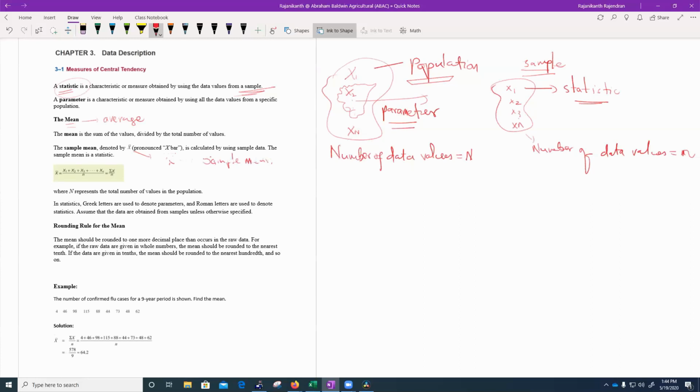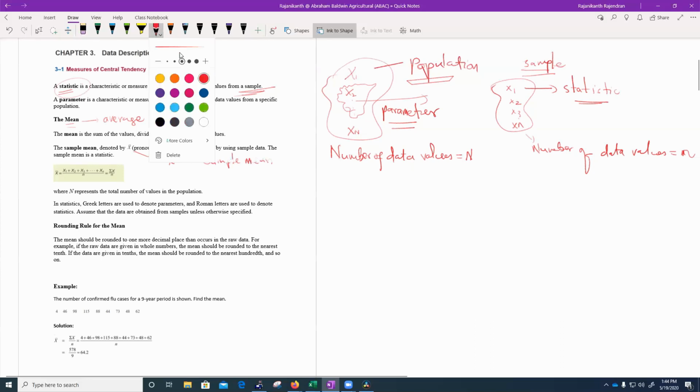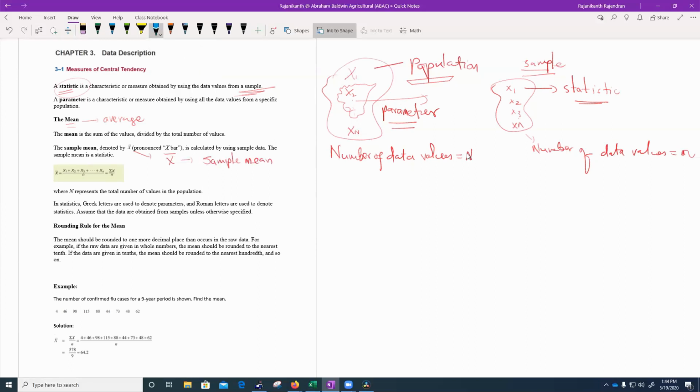So look at my picture here. Let me change the color. If you look here, this is my sample, right? So here I will calculate my x bar, the sample mean. Okay. What is the formula then for the sample mean? So x bar is given by simply adding all the data values. I have little n of them, then divide by the number of data values. They are n data values. Therefore, I'm dividing by n. In notation wise,